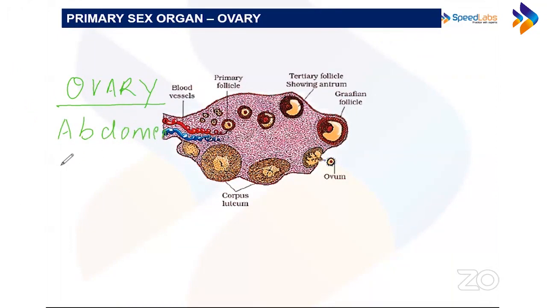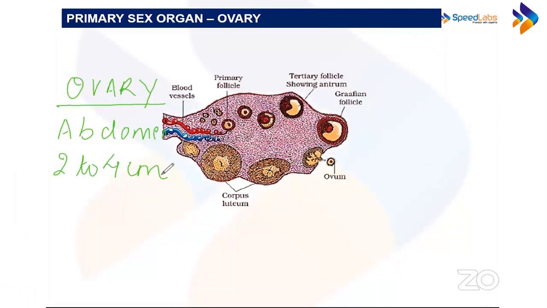ठीक है. And what is the size of the ovary? It is about 2 to 4 centimeter in length. And ovary is connected to the uterus also, and it is connected to the body wall also. Ovary ऐसा नहीं है कि it is just like it has to be suspended with something, otherwise it is going to fall in the abdomen. So what are the connections that help the ovary to stay fixed in a place? एक तो connection है उसका with the uterus, और दूसरा connection है with the body wall.